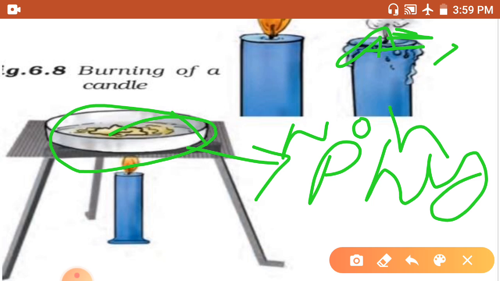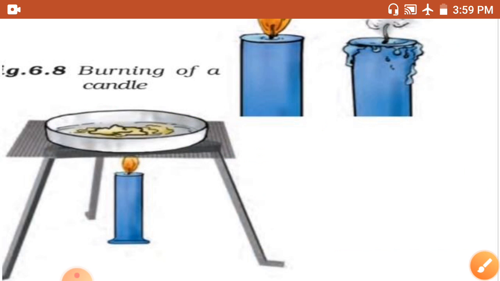When we burn the candle, not after 2 hours, after 3 hours, we cannot continuously burn the candle. So it is a non-periodic change, a physical change and a chemical change also.